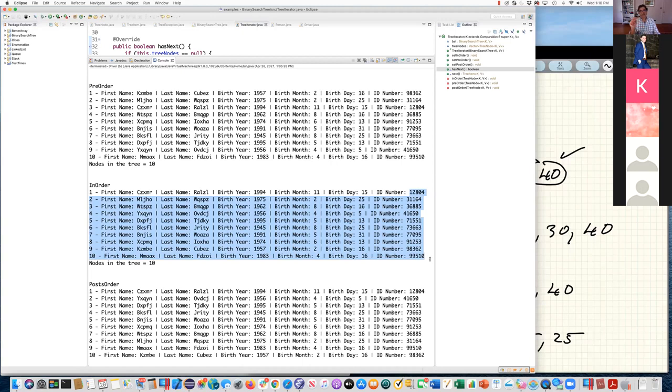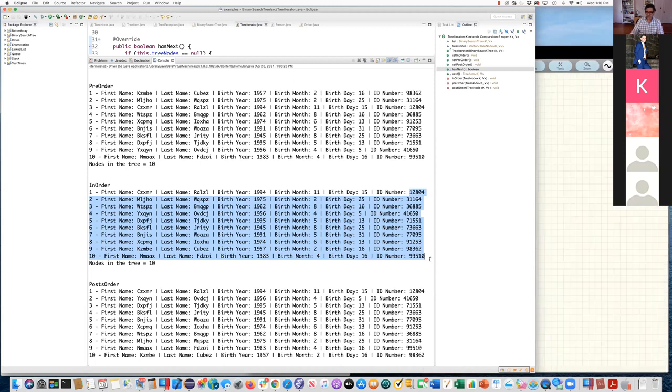Okay, but what does this tree look like? A pre-order traversal says the first thing that I'm going to see is going to be my root node. My root node in this case, for this particular tree that we're looking at over here, has an ID of 98,362.